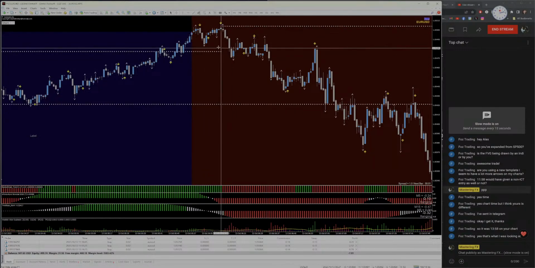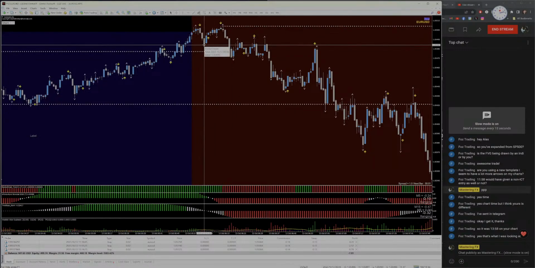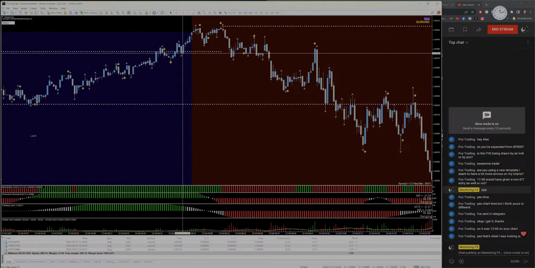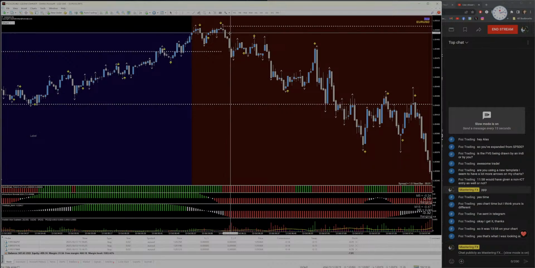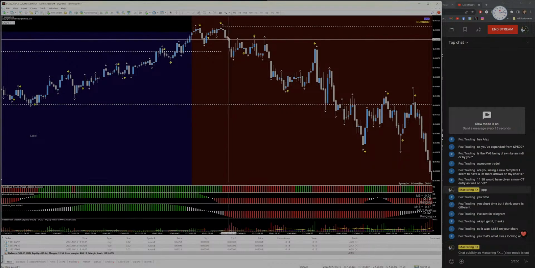So we do break structure here. We go below this high, which was a... oh no, here. We go below this higher low, I'm sorry. The higher low gets broken here. We do have a fair value gap here at the extreme, and we do have a second one here. And again, from what I told you before, you take a measurement from the high to the low of the leg, and you can see that